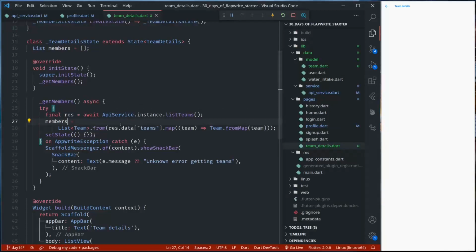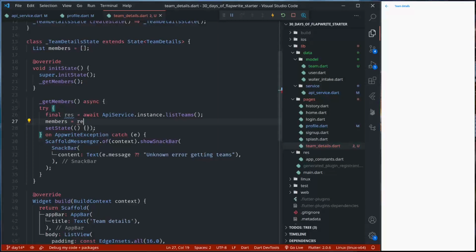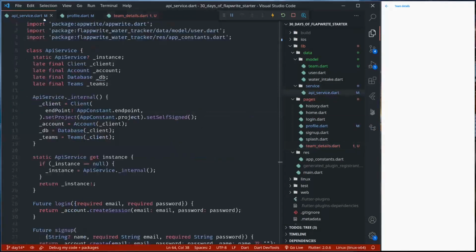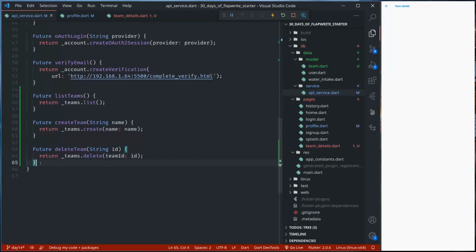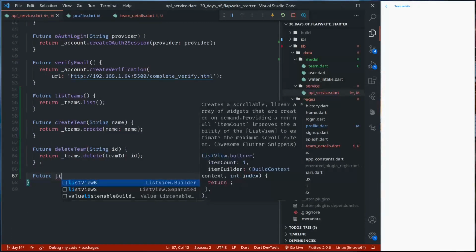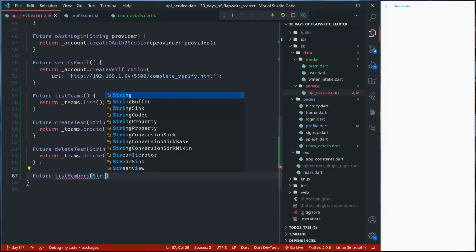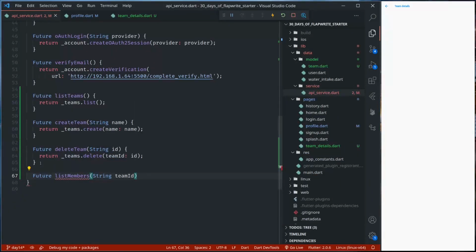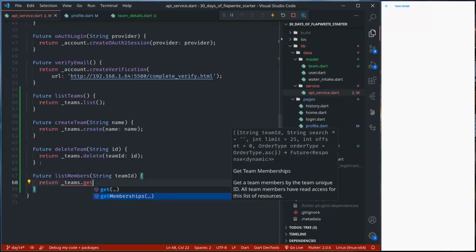can call members. It's equal to, right now I can just simply use res.data, and instead of list team I should call members widget.team.id. So using the team's ID I can list the members. So let's go here and create a function team ID and then get membership